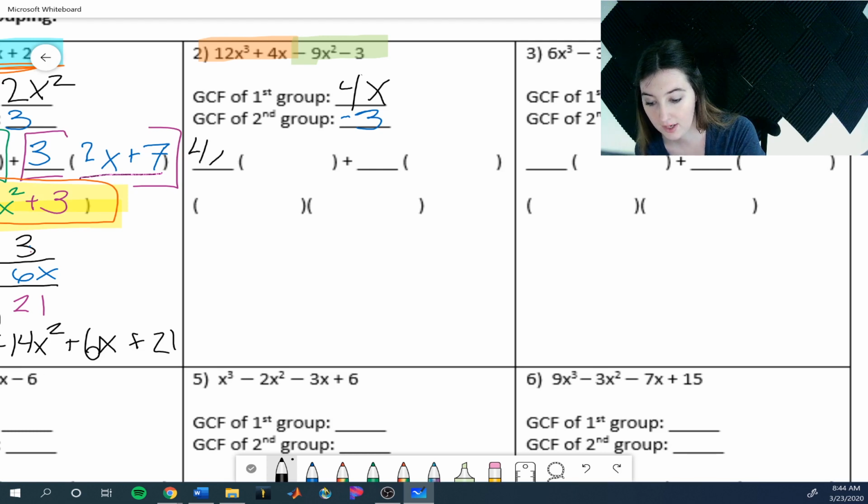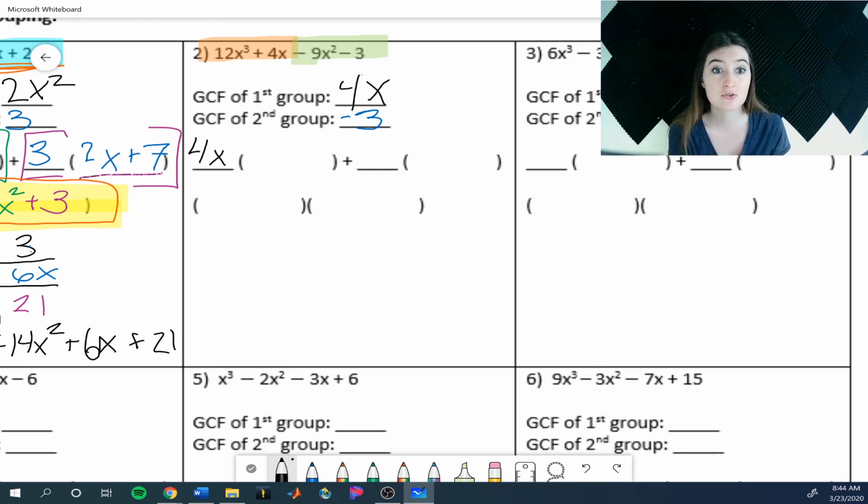For 4x, the GCF of the first group comes out in front of the parentheses. Now, when I take out or factor out, because you're going to hear factor out a lot, factor out just means divide out 4x. If I divide 12x cubed by 4x,